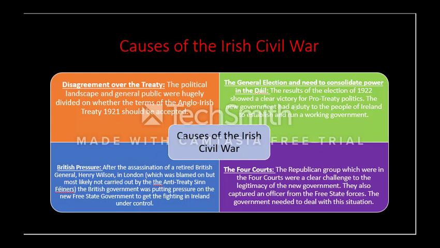Now, essentially evidence shows that they weren't really involved in it. There is some speculation that perhaps actually the pro-treaty Sinn Féiners and Michael Collins were involved, but we're not going to go into that. Right? But the important thing we need to know is that Britain puts pressure on the Irish Free State, the new Free State government, to deal with these issues, to deal with these anti-treaty Sinn Féiners and get the problems and the violence in Ireland under control.